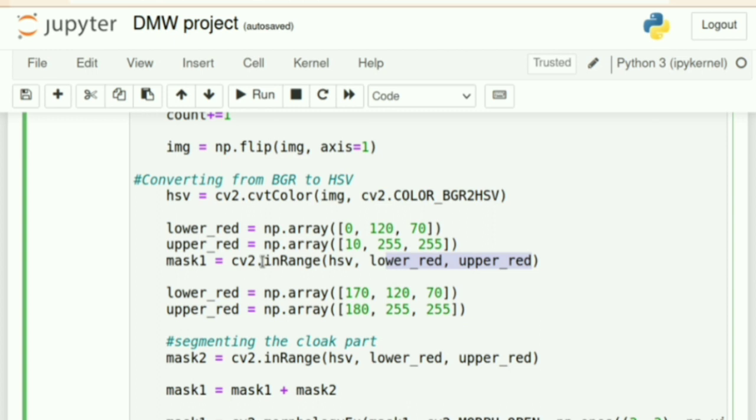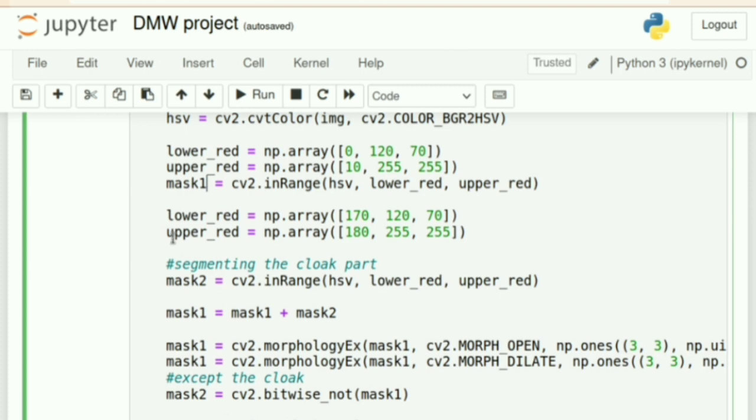So for that we have to give, wherever it came, the range will be from 0 to 10. So in this range we have to create the mask 1. So this mask 1 is for red color. Okay, for red color cloth we have used this mask 1, and second mask, see this second mask is for